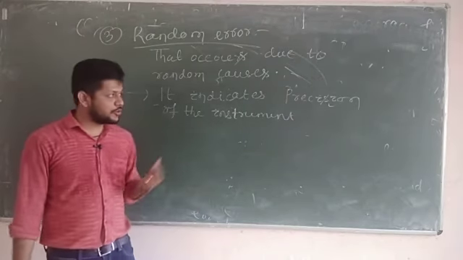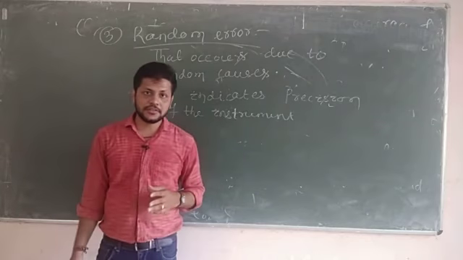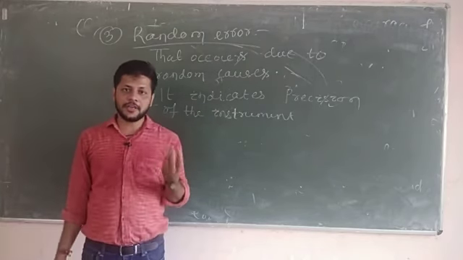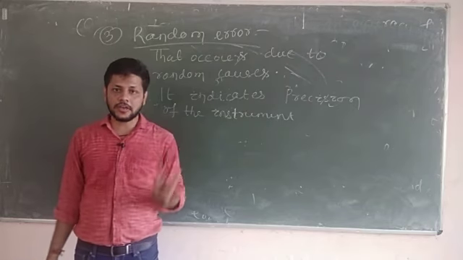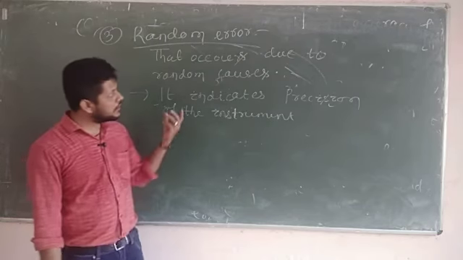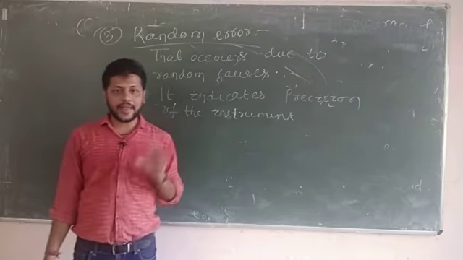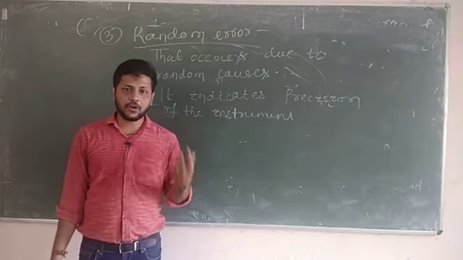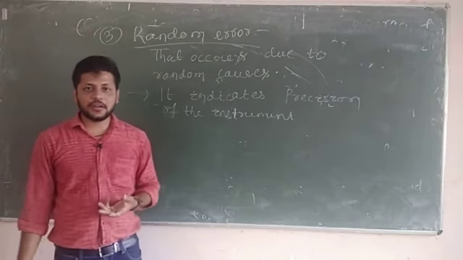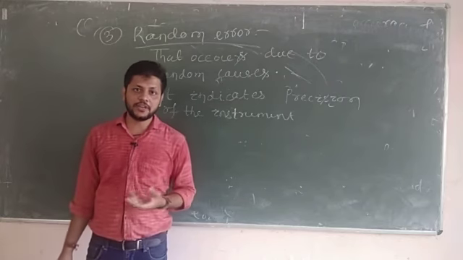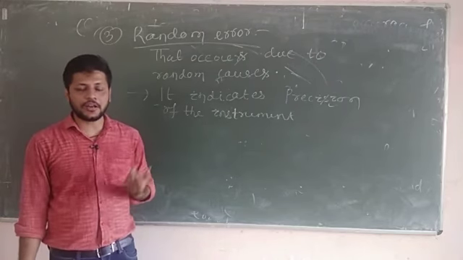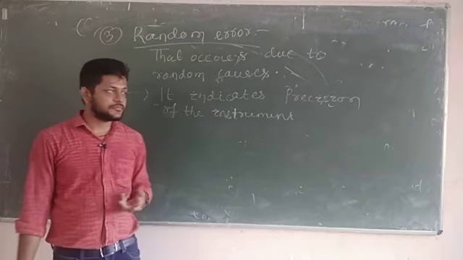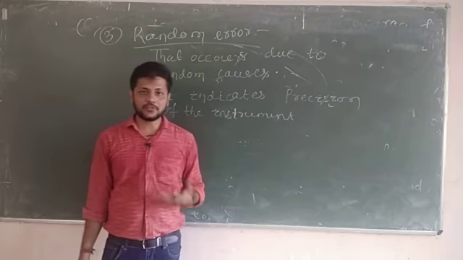First of all, you need to remember the static and dynamic characteristics. Then what is error and how to calculate error, which is very easy: absolute error, relative error, and percentage of error. Then you need to remember the types of error. There are three types of error: gross error, systematic error, which is further divided into three types: instrumental error, observational error, and environmental error. Then we have random error. So this is the end of your first module.